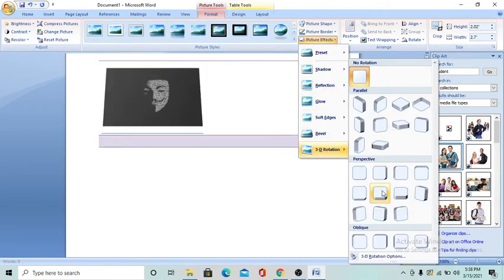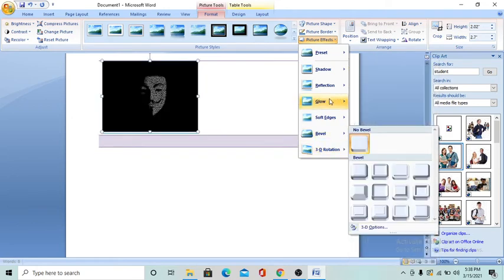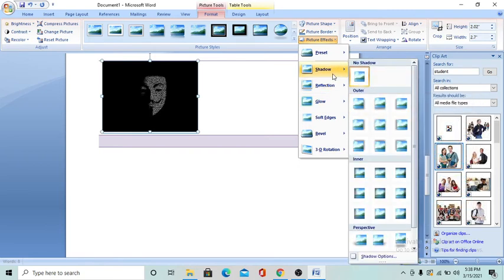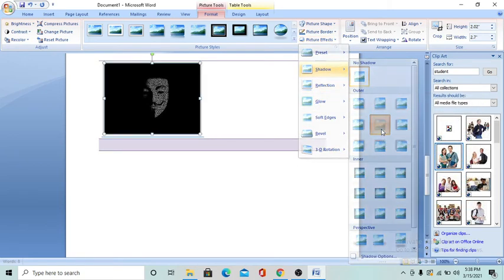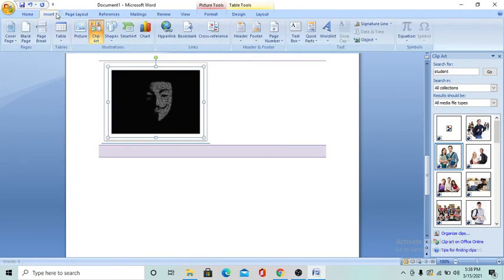There is also a 3D form I will select for the image. This is a design. This is a shadow, the image shadow. This is the frame of the image, and I will go and create my chart.